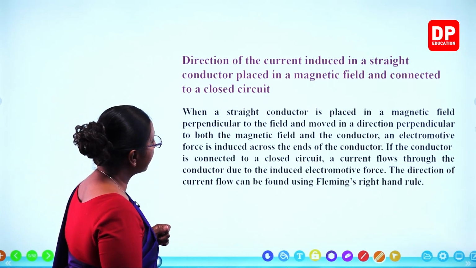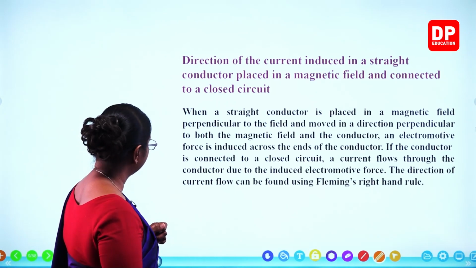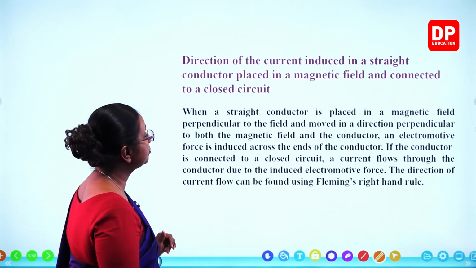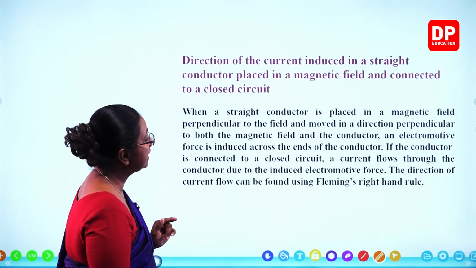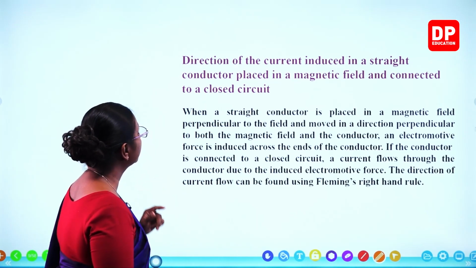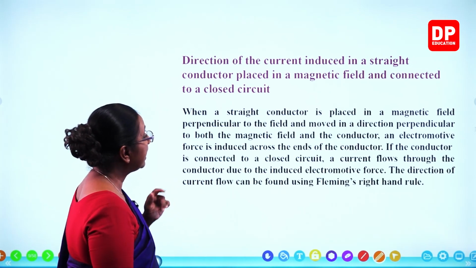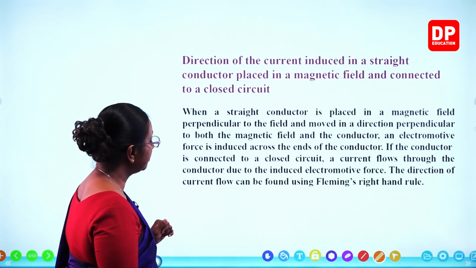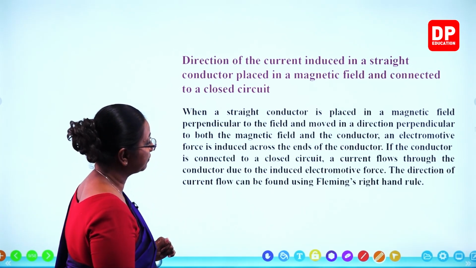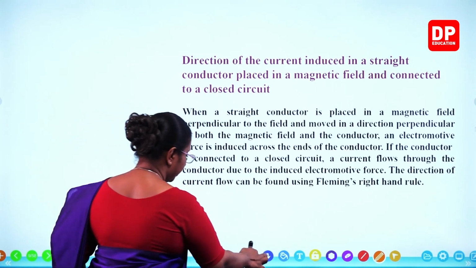When a straight conductor is placed in a magnetic field perpendicular to the field and moved in a direction perpendicular to both the magnetic field and the conductor, an electromotive force is induced across the ends of the conductor. So here,